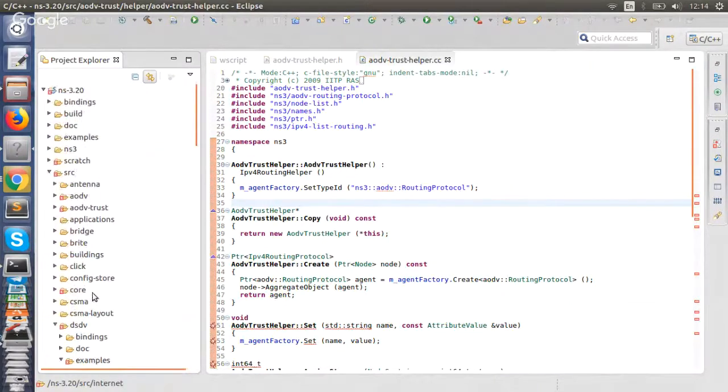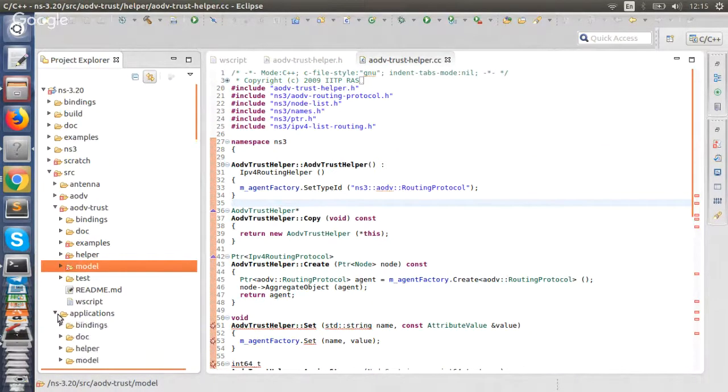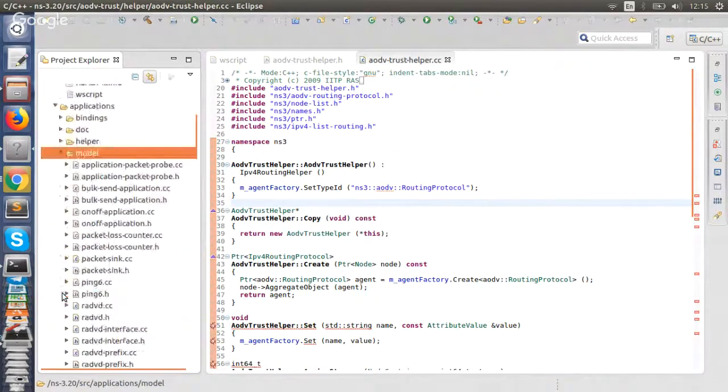So let's move back to our AODV routing and trust protocol module, the trust module. I explained about the example folder, then the help folder. Then this is the most important folder for any module. When you take an application or module, there'll be a folder called model. The model is like the source, so all the source files with regards to this module will be placed inside this